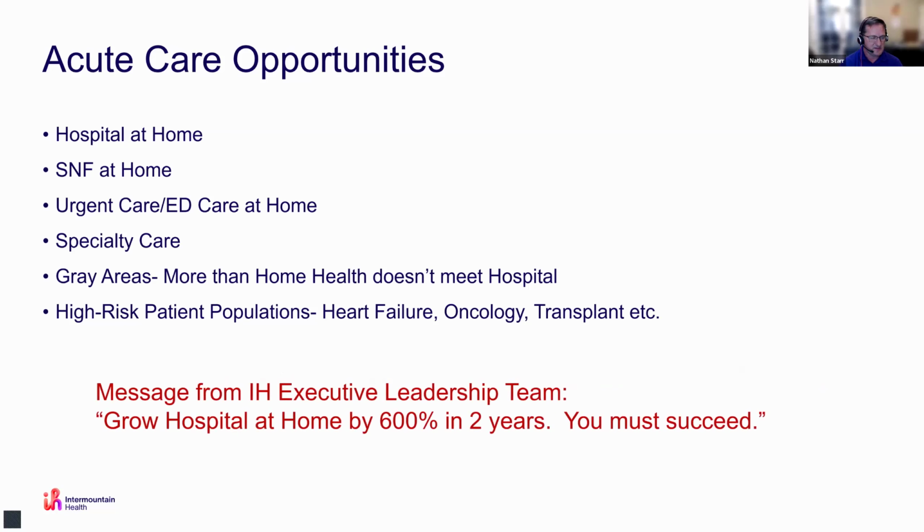And kind of to end, this is where I'm at. I got this message about 3 weeks ago from Intermountain Health's executive leadership team. They came to me and said, "We want you to grow hospital at home by 600% in 2 years. You have to succeed." No pressure, but I think this is what a lot of health systems are facing right